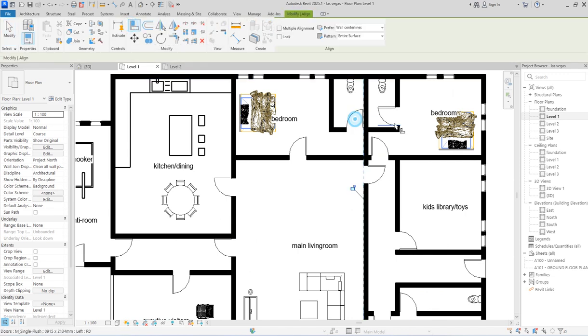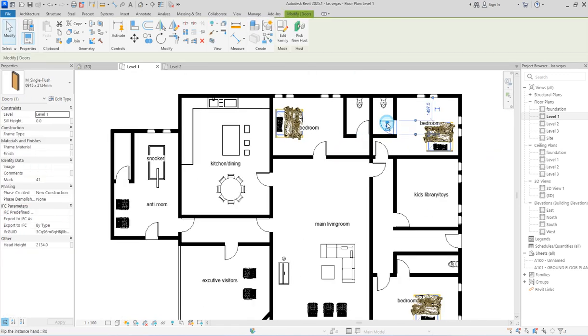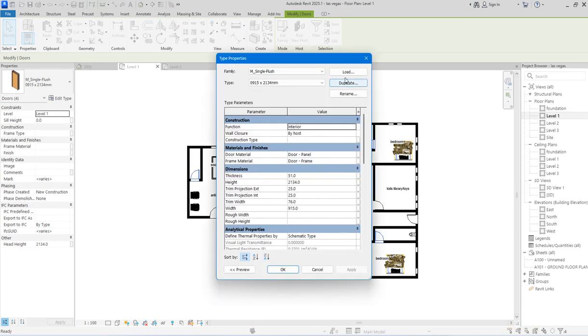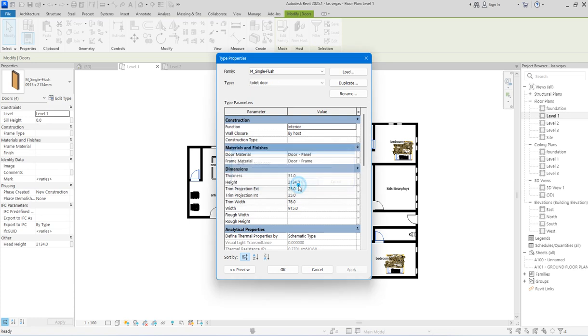So align all these to the wall. Align them to the wall. Most of these are what we are going to be using. Just select this, everywhere you have the toilet door, select. I think we have how many toilets down. Yes. Now you create duplicates. Where is the duplicate? You go there and say edit. You can say duplicate and you call this one toilet door. You click OK.